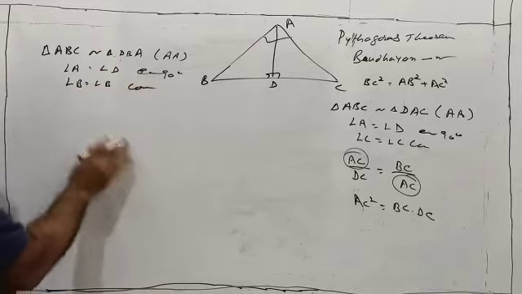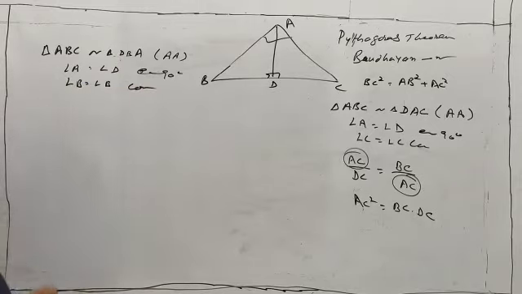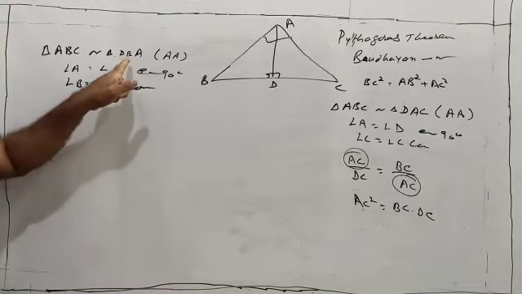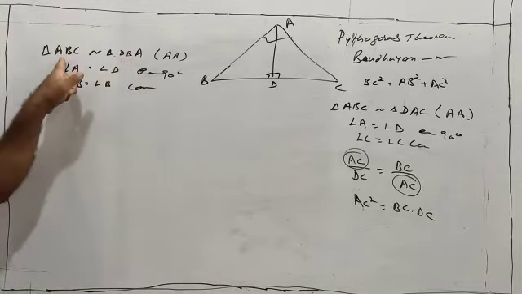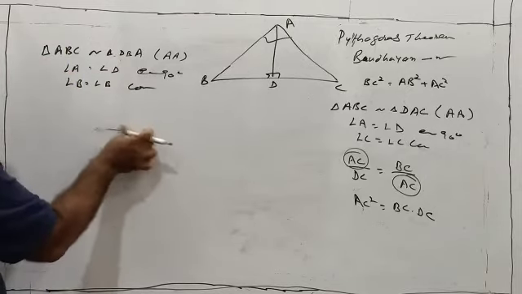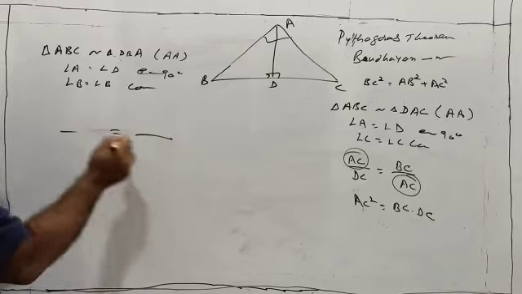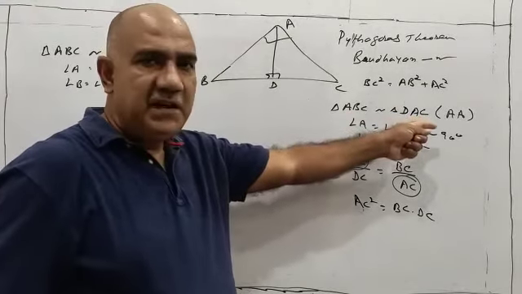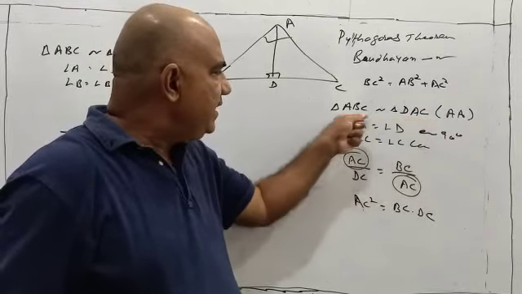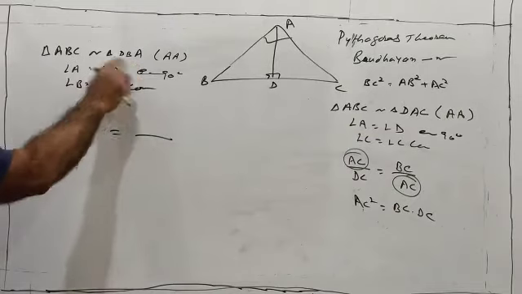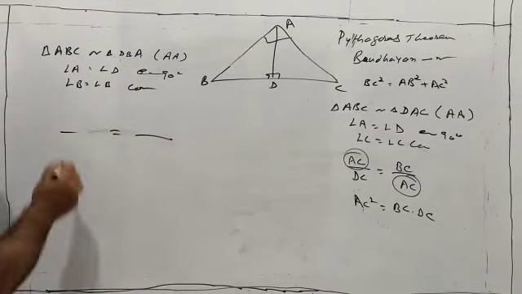This is common. From this we need to have AB square. You see AB is a side in this triangle, AB is also a side in this triangle. So I know beforehand that I have to obtain AB square. AB square could not be obtained from the earlier pair. AB is definitely a side in it, but in that one AB is not a side. AC was there, AC was here, so we obtained AC square. Similarly, we have AB here and AB here, so we can obtain AB square.